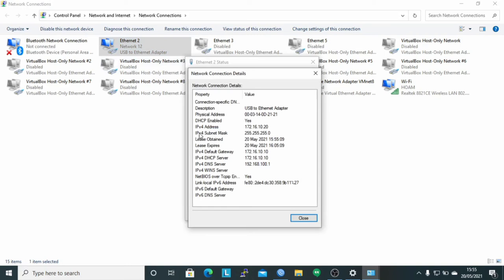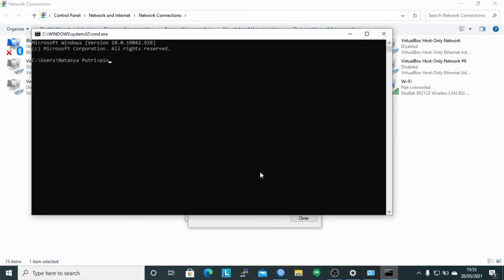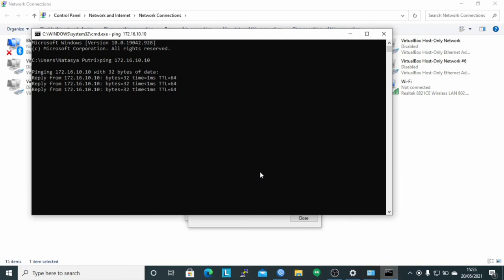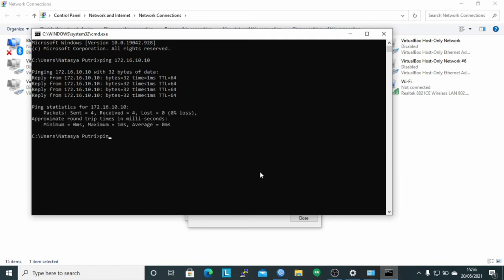It can be seen that the IP client is 172.16.10.20/24 and DHCP enabled value is yes, namely the client is using IP dynamically from the DHCP server, and then perform ping again via CMD to the IP server, namely 172.16.10.10, and test ping also to google.com.